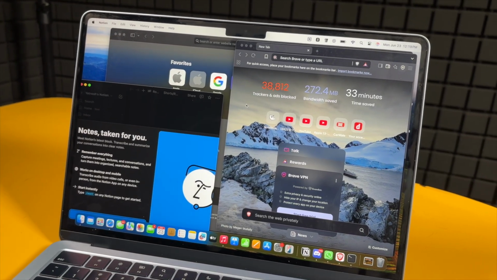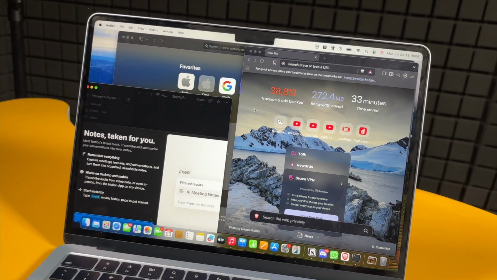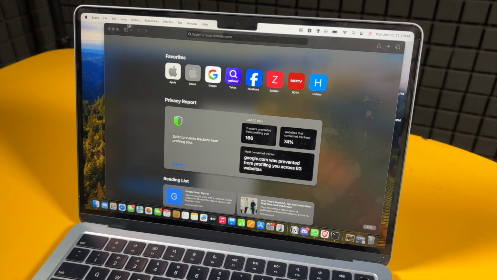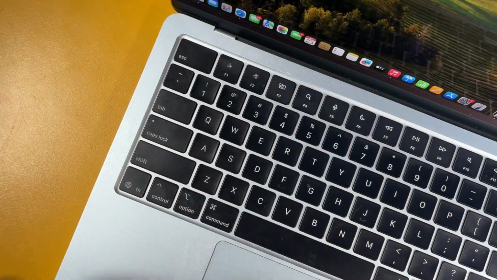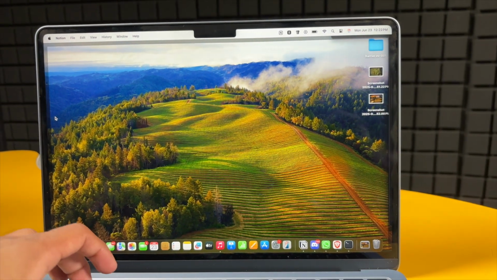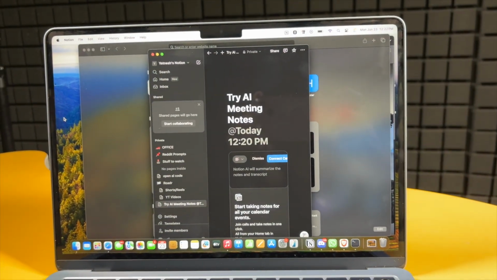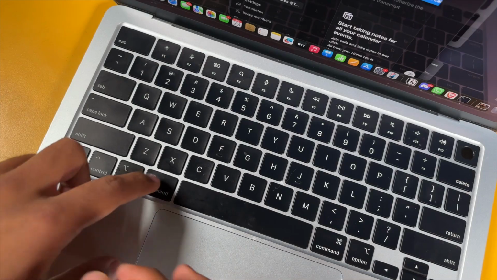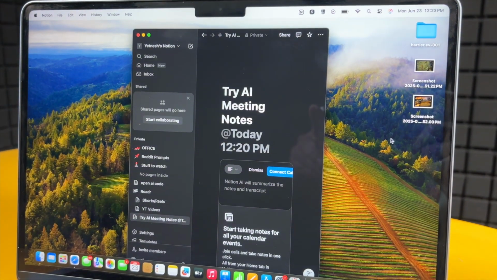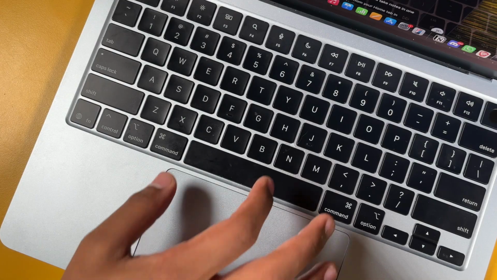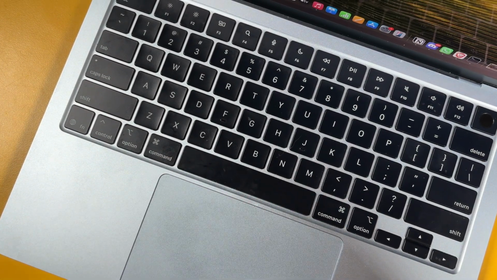Now the next tip is really useful, especially if your screen is always cluttered with different tabs. You can either manually minimize them one by one like this, or you can press Command plus F3. But this doesn't minimize all the windows permanently. So instead, you can press Command plus Option plus H to minimize all the windows except your current one. And if you want to minimize that as well, just press Command plus M.